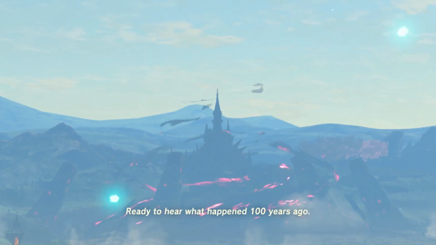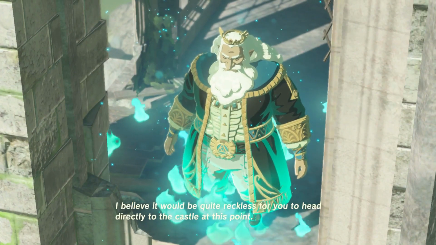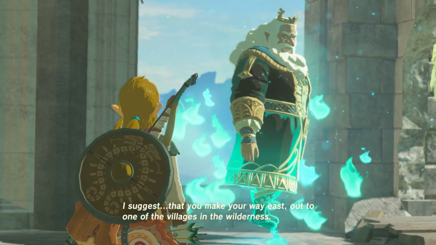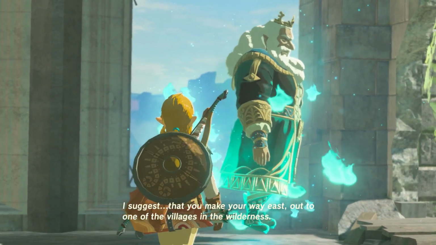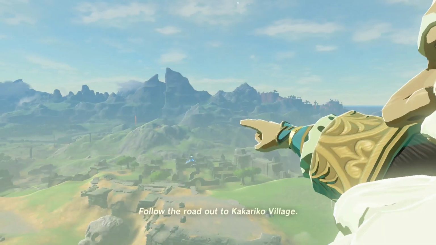As soon as you finish the Great Plateau, Link's super objective is to go to the castle and defeat Calamity Ganon. Nothing changes that plan. Link doesn't fail and have to find a new plan. He can just go straight to the castle and defeat Calamity Ganon. Even if you go and take back the 4 Divine Beasts, it changes nothing from a story perspective.